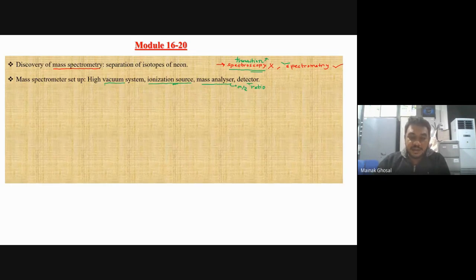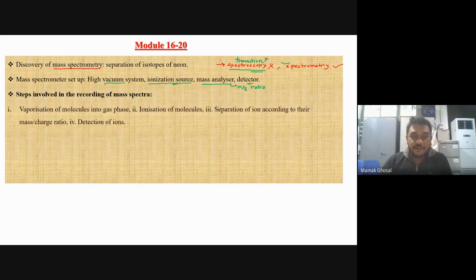Now there are different steps involved in the recording of a mass spectrum. First you need to vaporize your molecule into the gas phase. So the first thing is,